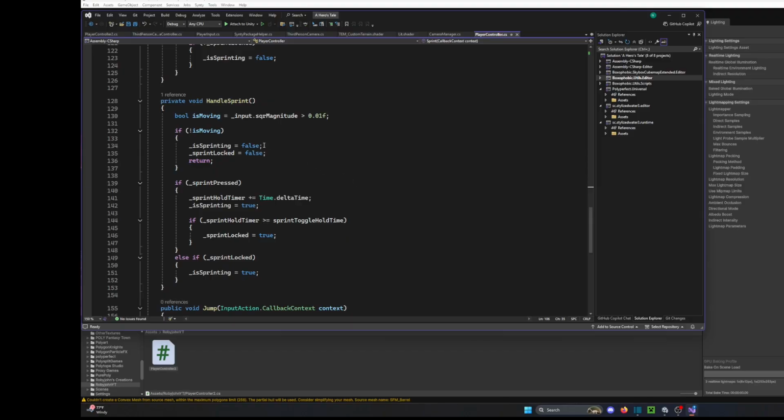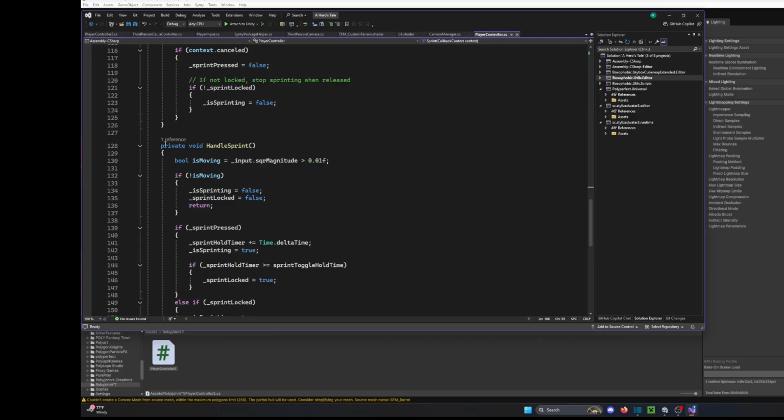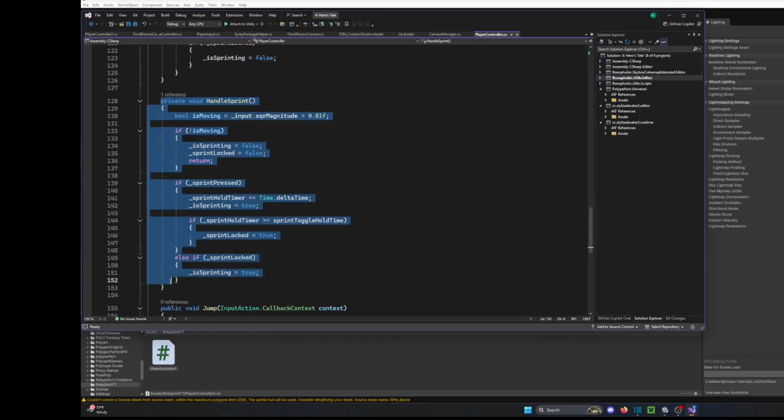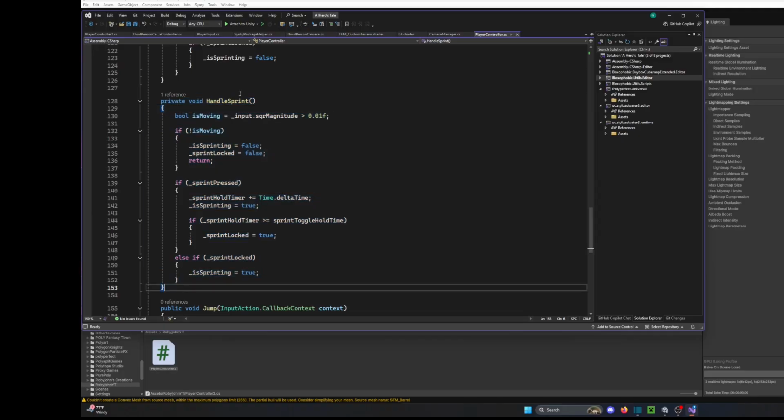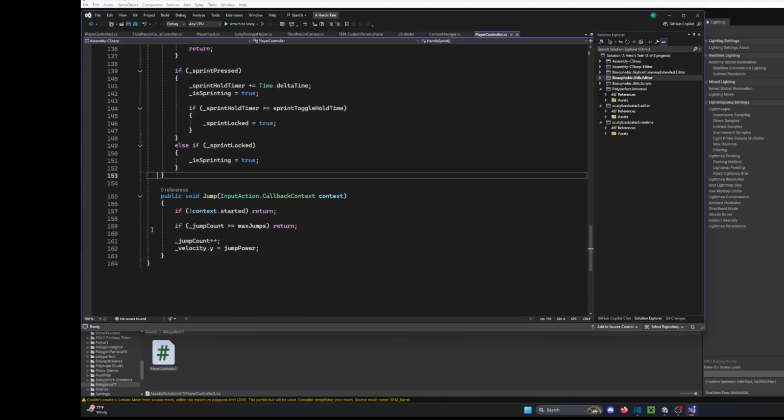And then we have the actual handling of the sprint. So when you press the button, what this actually does. So this is its own, when you see these are its own sections. Basically, when you have these functions, you have these little open brackets here, and then it closes down here, so you can see it on both of these. See how that works. And then we have our jump at the end as well. So now that you've copied all of that,